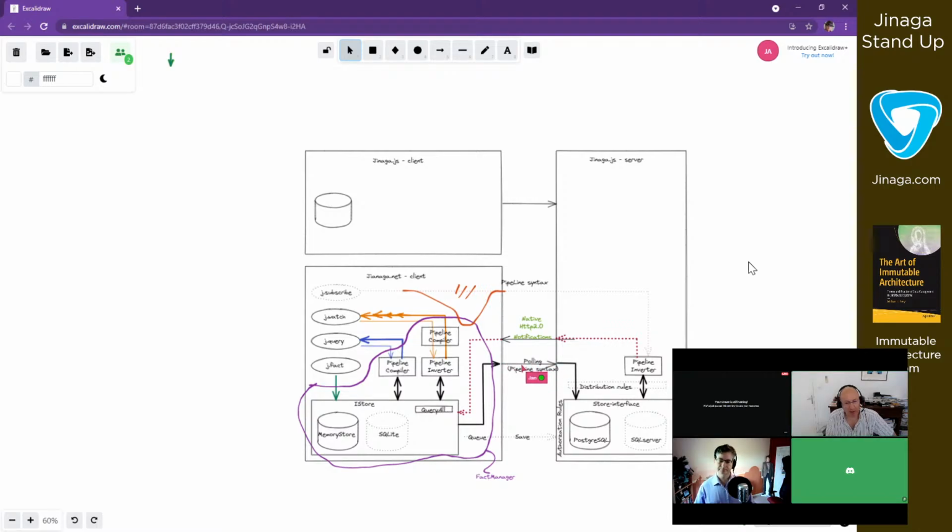Do we already have that now in the .NET client or not yet? Not yet. Okay. So if you had a similar picture up in Janaga.js, then more of the lines would be filled in. Here everything is implemented, but I only do it here for the moment.